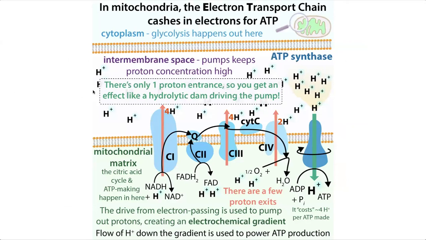This is going to allow you to use the little energy bursts to pump out protons in your electron transport chain and create a gradient that you can then use like a dam in order to power the production of ATP. We'll talk much more about this process of electron transport chain and oxidative phosphorylation, but it's happening in your